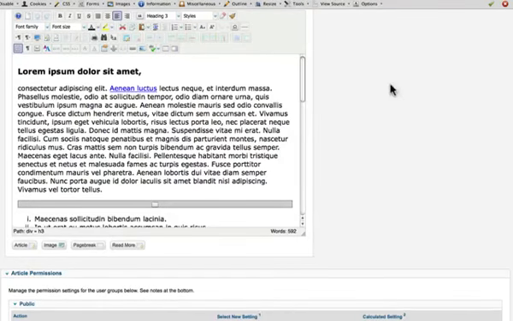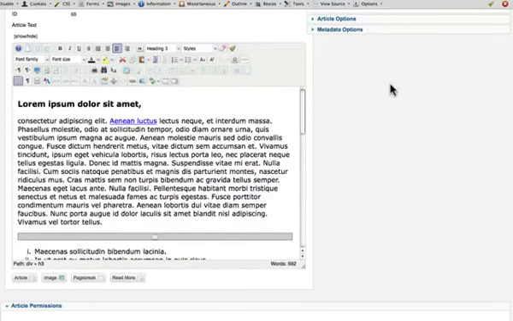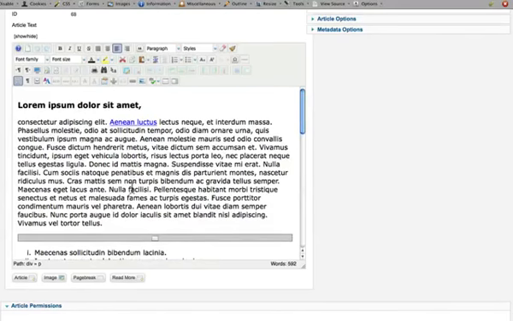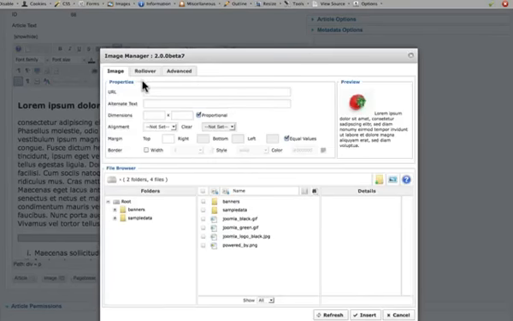In this tutorial, let's look at inserting and formatting images using JCE. I've opened up our Lorem Ipsum article, and let's have some fun here. Let's say we want to have an image in this little section here, left justified, with 10 pixels around it for some space. All I need to do is click the image button, and the image manager for JCE